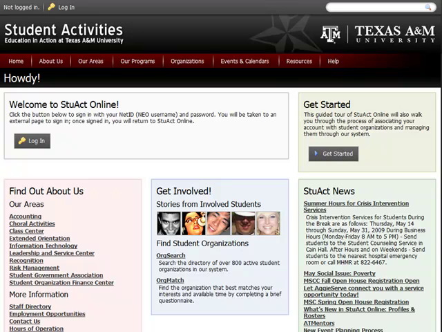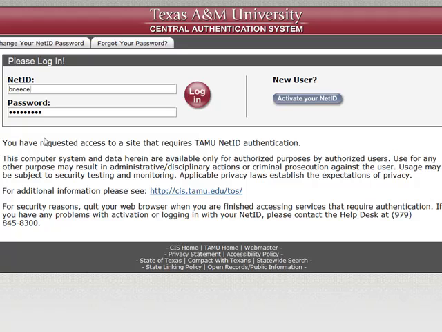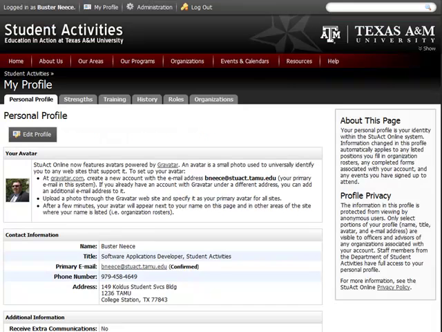From the StuAct Online homepage, you can do this by clicking the Login button. You will be taken to a page that looks different from the rest of StuAct Online. This is where you will log in with your NetID and password. If you have forgotten your password, you can reset it from this page as well. If this is your first time logging into StuAct Online, you'll be taken to a page where you can set